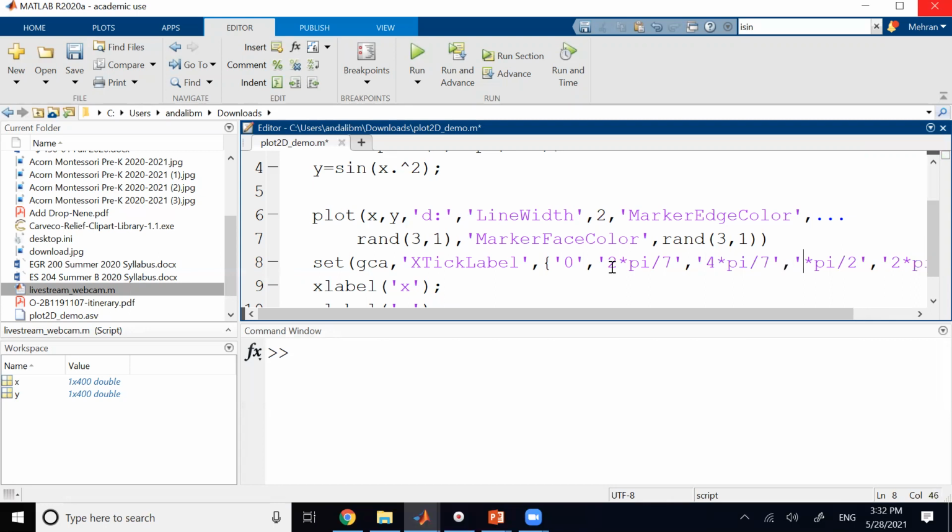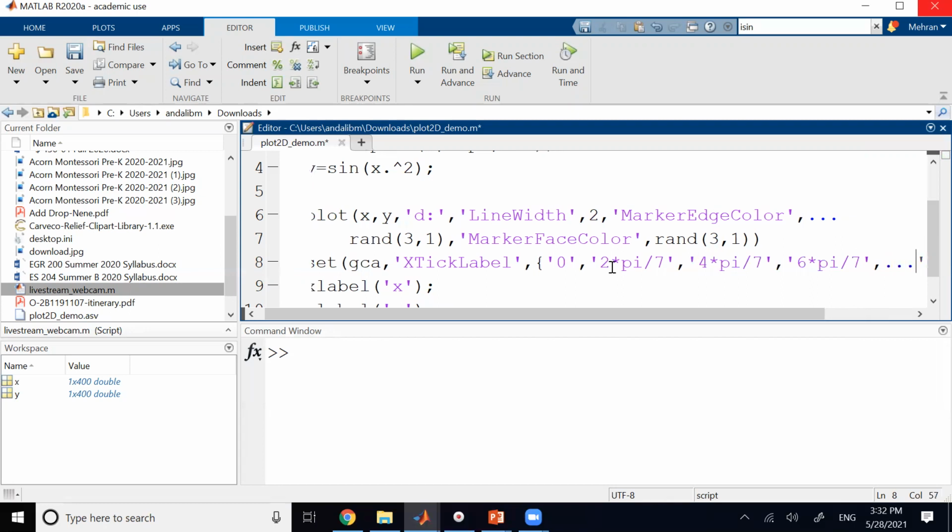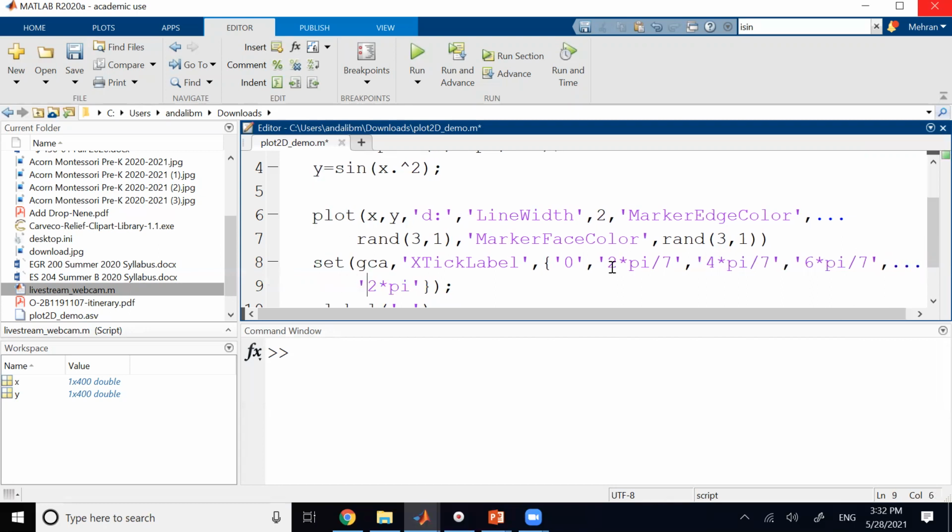Then I have 6 pi divided by 7, dot, dot, dot. And then I have 8 pi divided by 7. And then I have 10 pi divided by 7. And 2 more, which are 12 pi divided by 7 and 14 pi divided by 7, which is 2 pi. Correct? So if I want, I can do that,